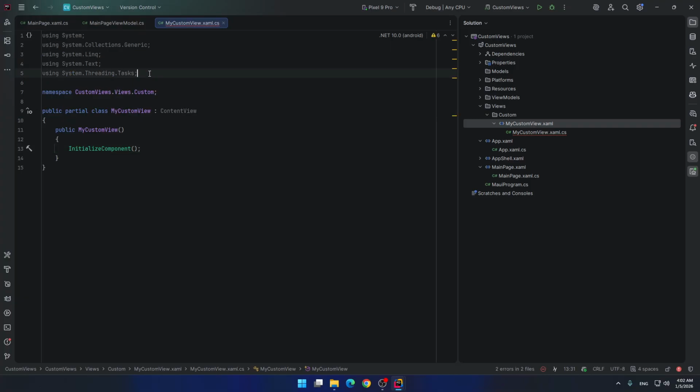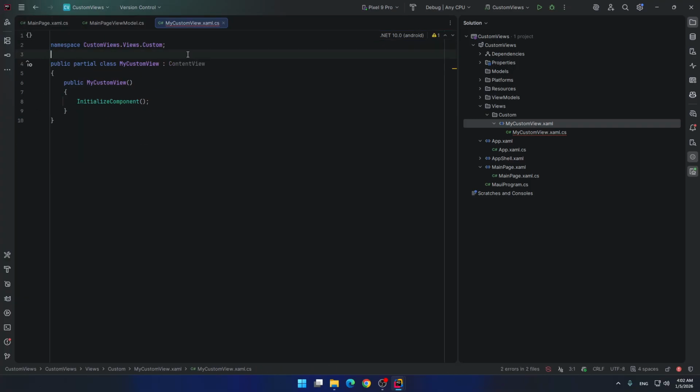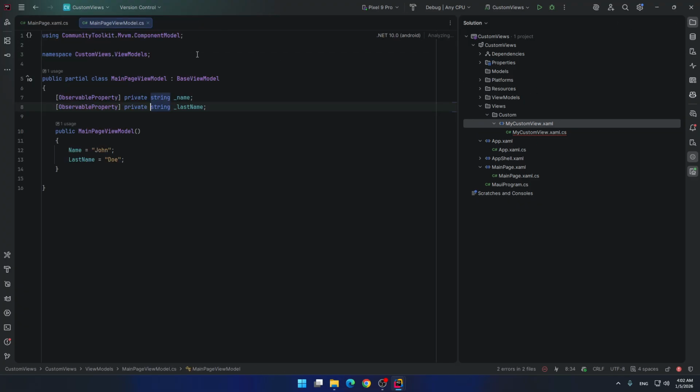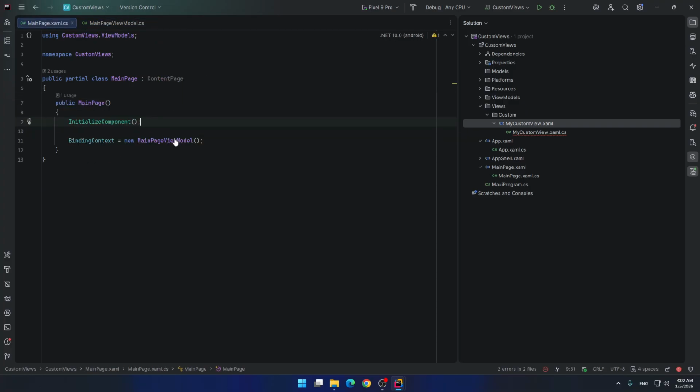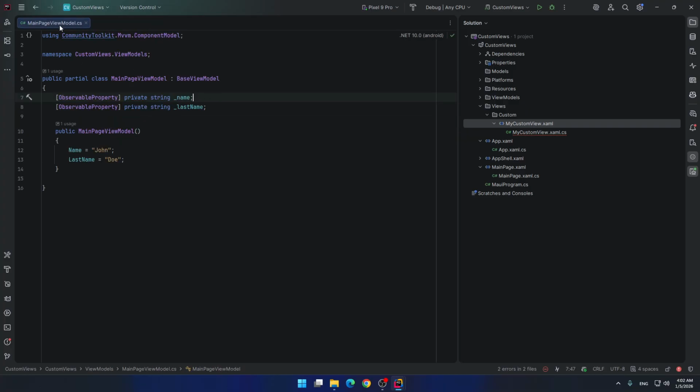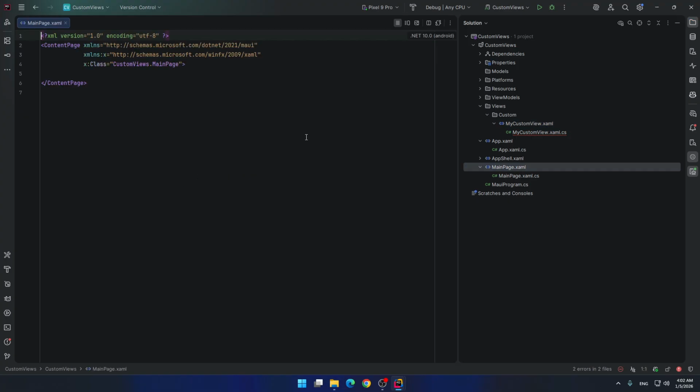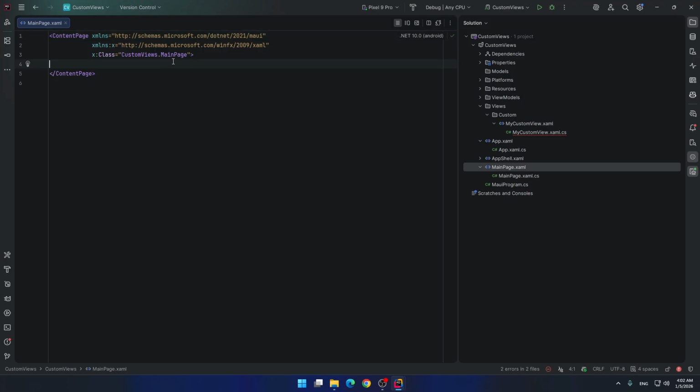We have our custom view, which we can use inside every view. It makes code cleaner. We could make it inside main page XAML, but we choose to make it custom, so it will be more readable code and more useful.